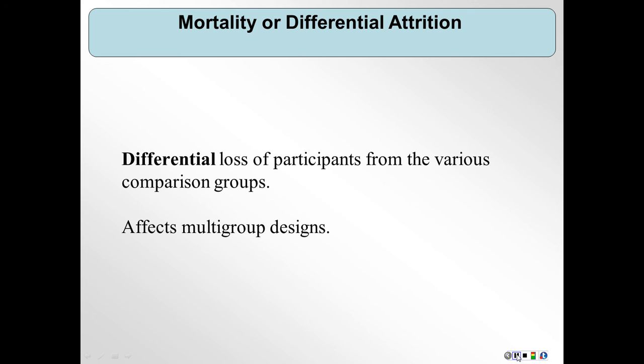The 7th threat to internal validity is called experimental mortality or differential attrition. Nobody actually has to die for this mortality to occur, so a lot of people prefer to refer to it as attrition. This simply refers to participants dropping out of your research study. Differential attrition, then, is the differential loss of participants from the 2 comparison groups. Just like the previous threat, differential attrition is a problem for the 2 or multi-group design, but not for the